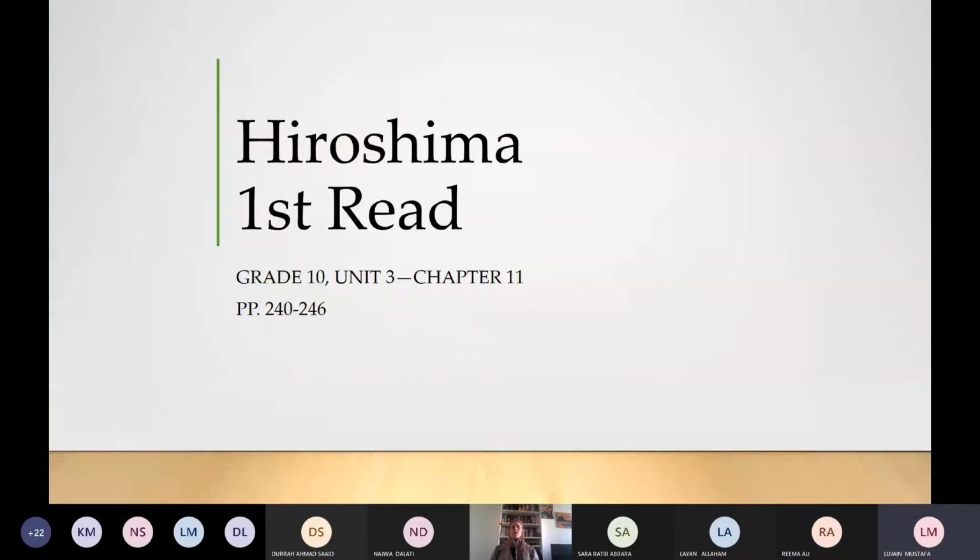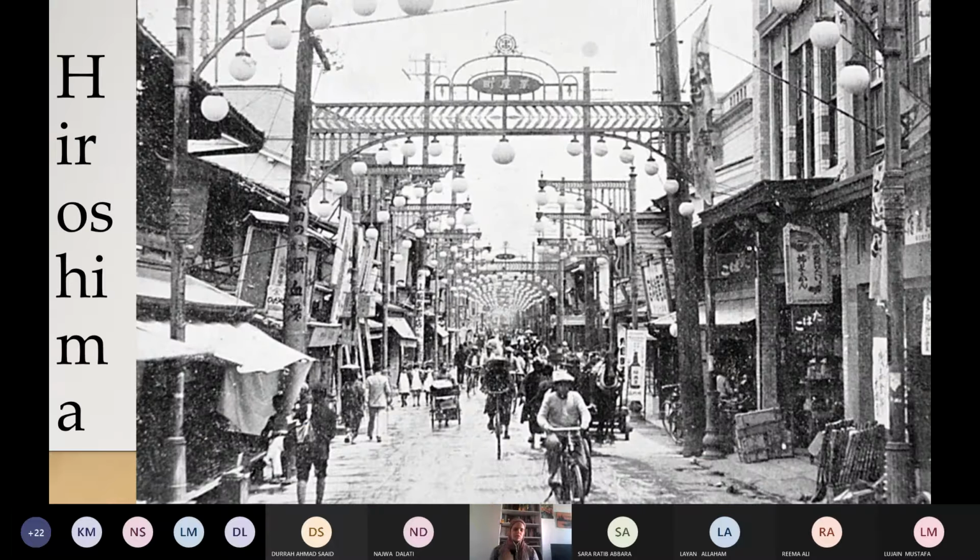Yes, miss. Okay, our excerpt is Hiroshima. Hiroshima is a city in Japan. The capital of Japan is Tokyo, and Hiroshima is the second most important city in Japan. This was Hiroshima before the nuclear bomb.